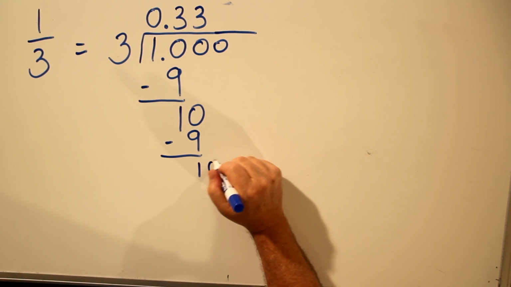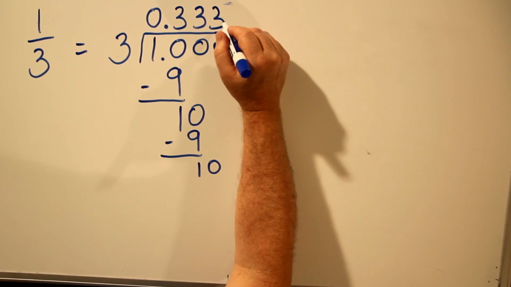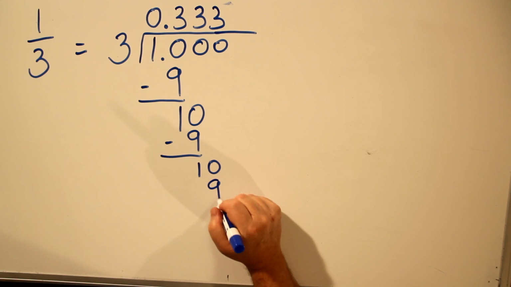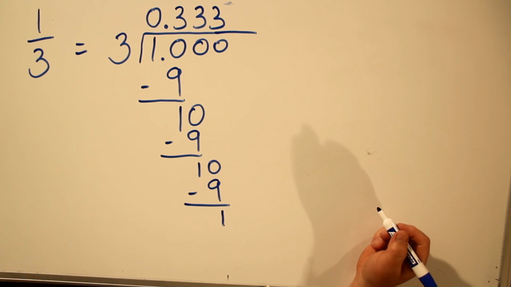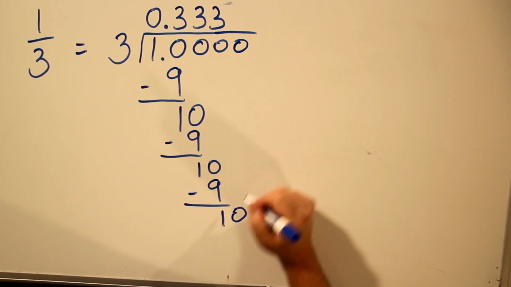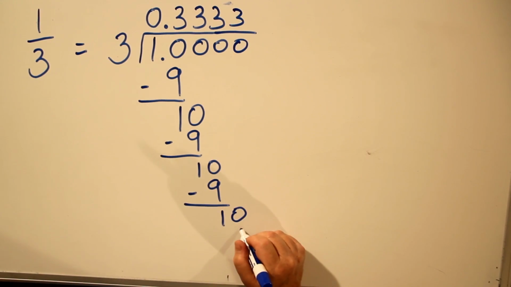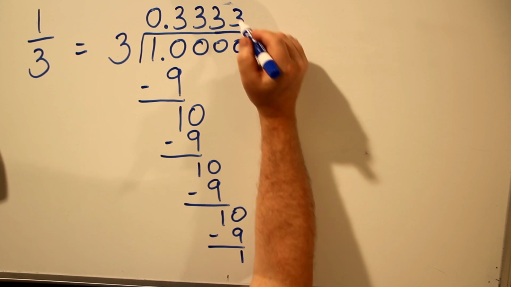Keep going. We'll bring down another 0. 3 goes into 10 3 times. 3 times 3 is 9. Subtract, and we get another 1 for a remainder. And this can keep going. Another 0, 3 times, 3 times 3 is 9. Remainder 1. What we'll end up with is